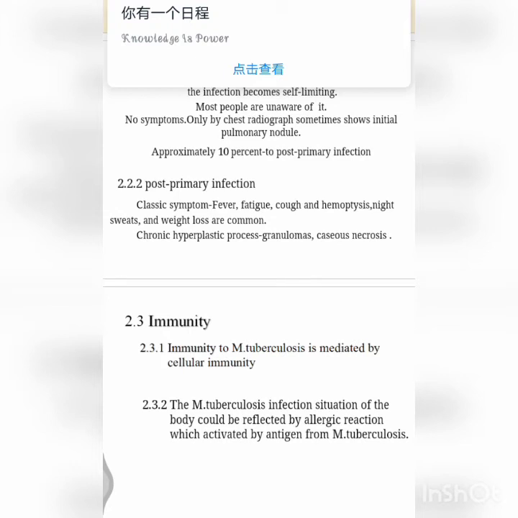And next we need to see the specimens. We use mainly sputum, laryngeal swab, bronchial washing and gastric lavage, because in lung infection we use sputum and laryngeal and bronchial washings. In meningitis we use CSF. In renal tuberculosis we use urine and other samples depending on the site involved.